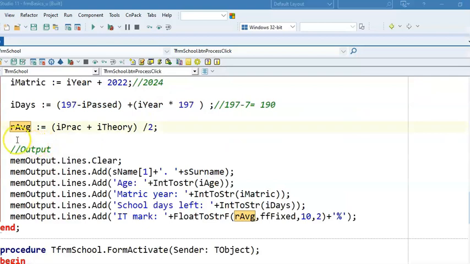After your processing, you'll leave one line open, 2 forward slashes, and a comment showing output. This was a memo, but a memo works the same as a rich edit that we used before. It is memo output. That's what I called my memo, .lines.clear, to clear it first before I display. Now we're going to continue with the same line of code,